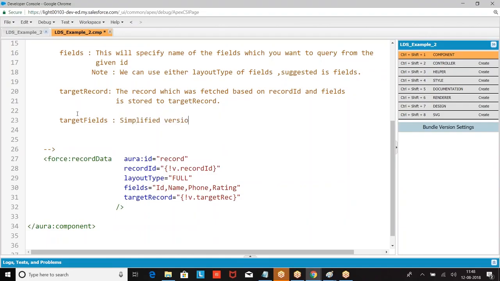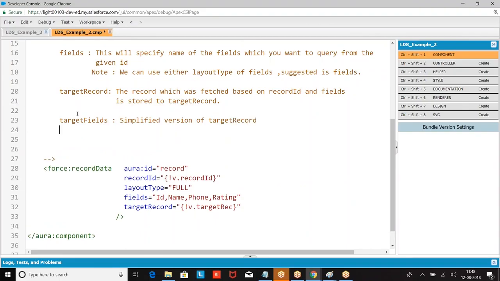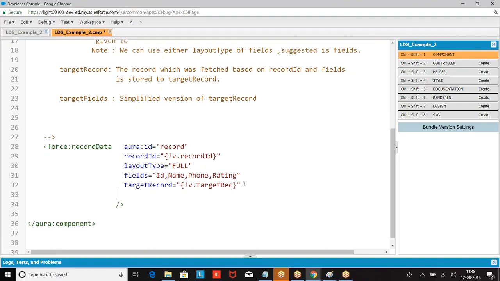Targetfields is a simplified version of the record. Then we had mode.